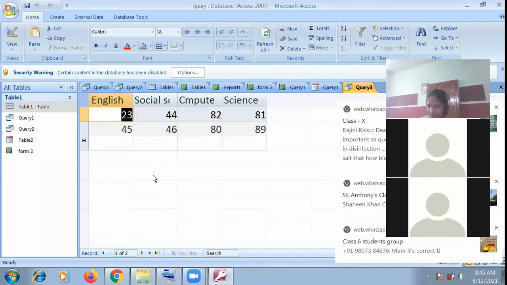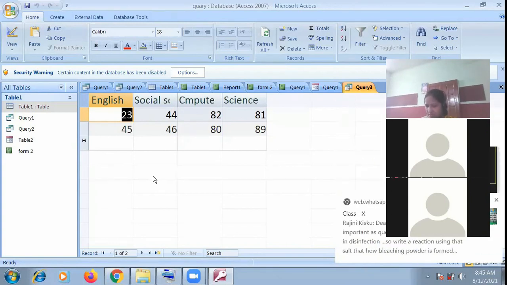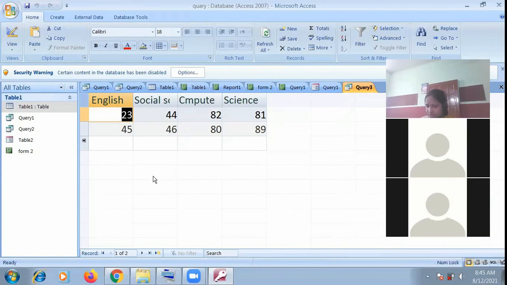Now let's see the form also. A form provides an interface that allows users to enter, change and view data in the datasheet table. Forms are made up of elements such as text boxes and labels. These elements are known as controls. So here we cannot extract the data. We cannot filter the data. We can fill in extra information.